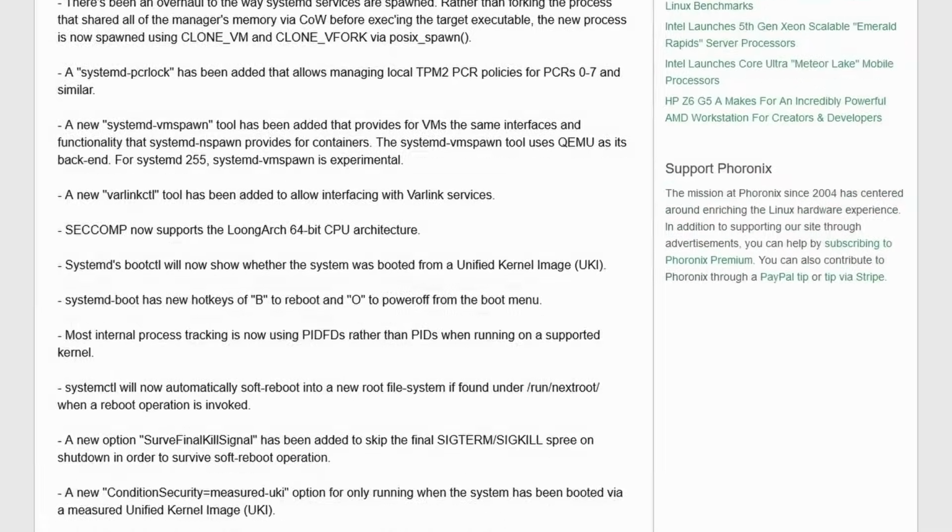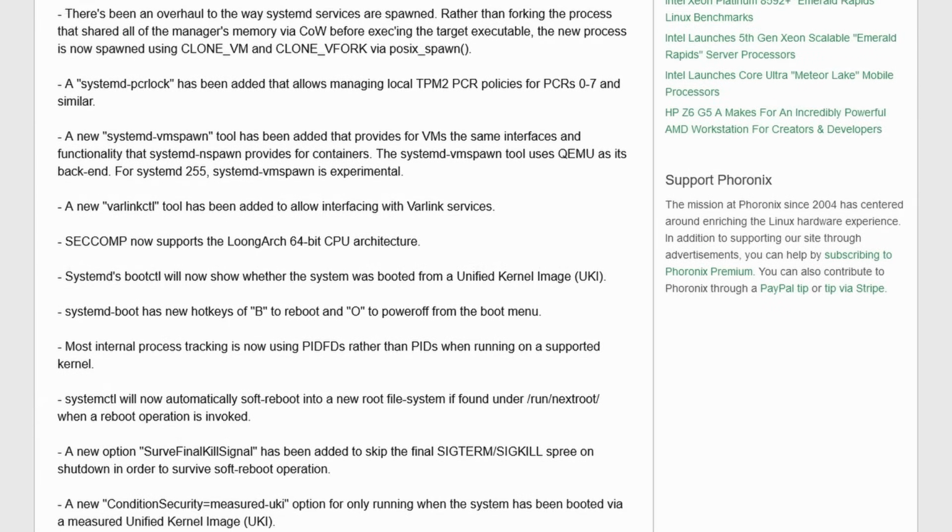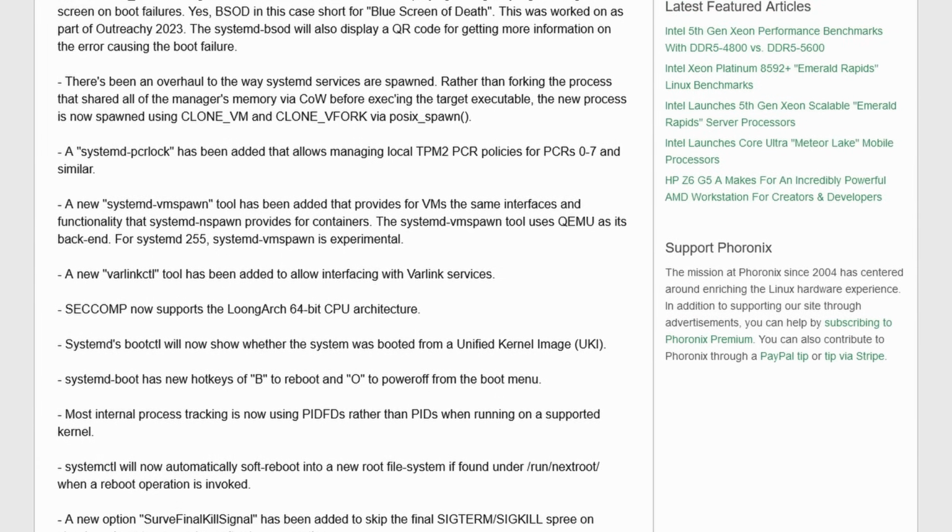There's also a new update for systemd boot, has new hotkeys for B to reboot and O to power off. And this is just really nice for people who have to deal with stuff on a quick basis and don't want to wait for the system to boot. And also there's been much, much more. But there are also these other two that I want to talk about, which are a new